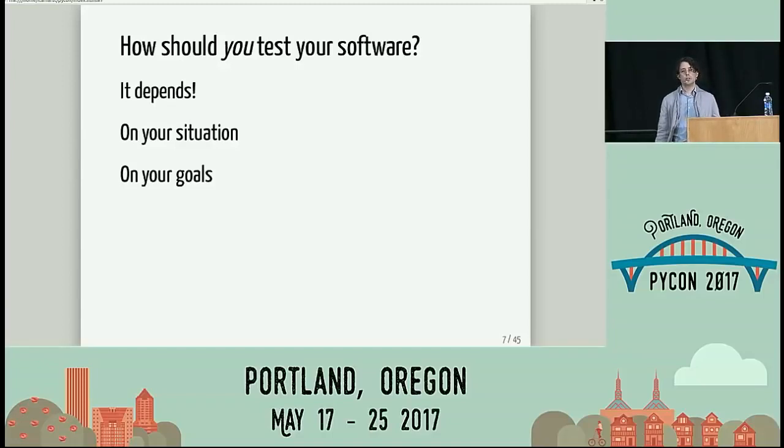It depends on your situation. It depends on your goals. So if you're writing a video game, you're going to test your software very differently if you're writing a medical device. If you have hundreds of thousands